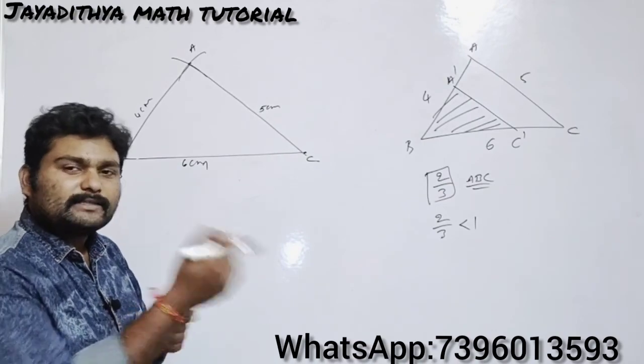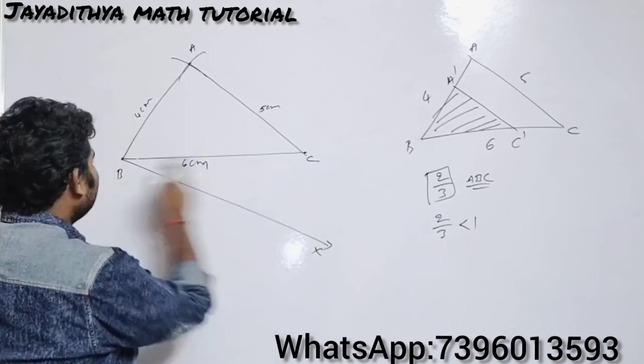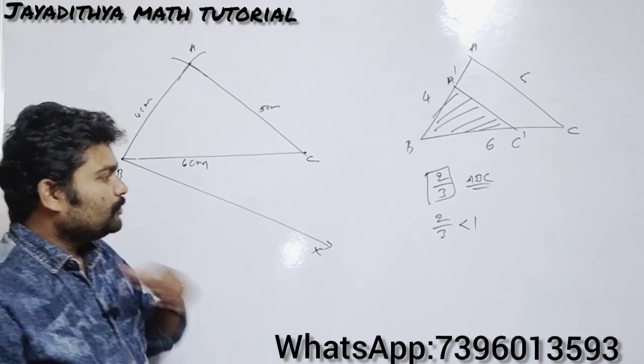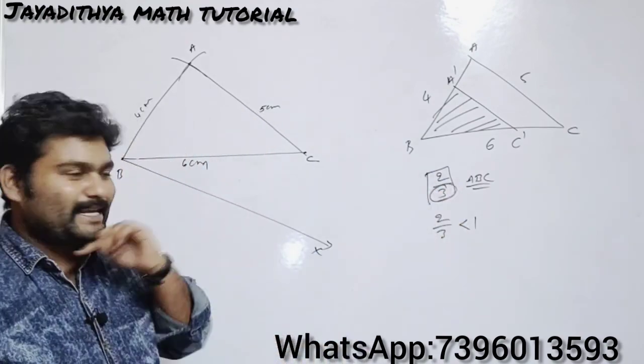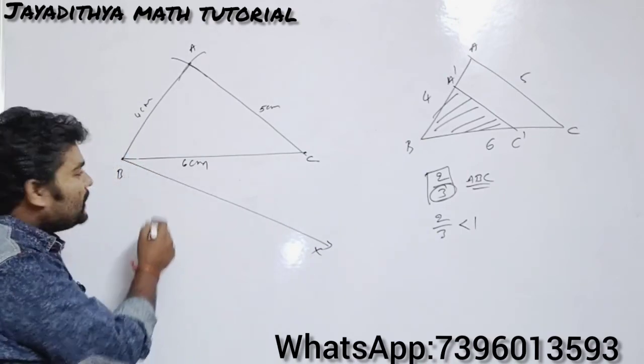After this, what you need to do is the same as what we did in the previous case. First of all, draw an acute angle, CBX. Now how many parts should you take on BX? Observe the fraction here. Which is the greater number? The greater number is 3. So you should take only 3 parts, not 5 parts. Be cautious.